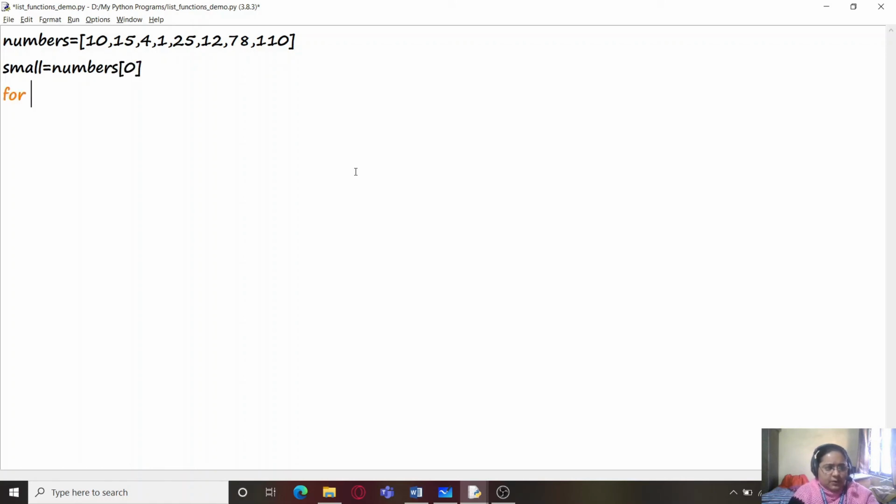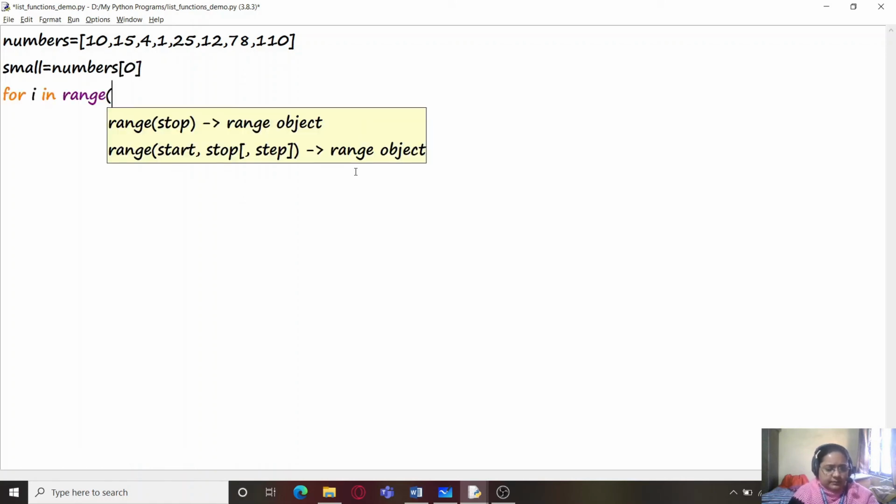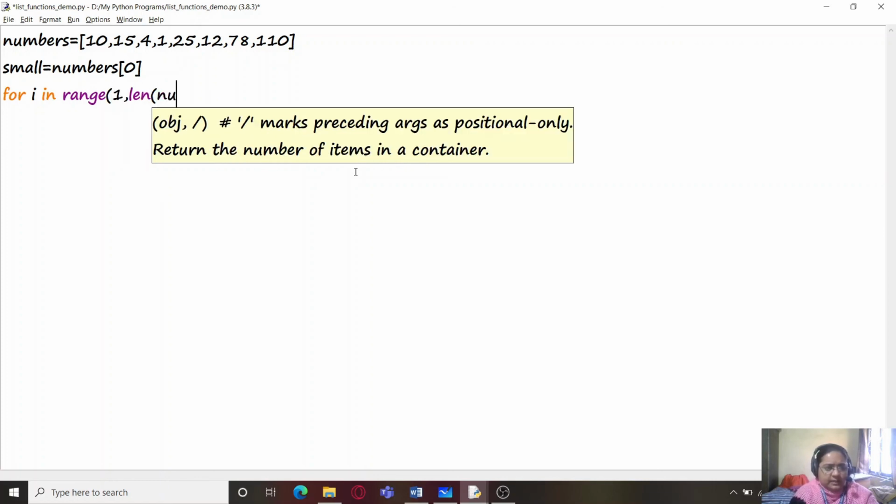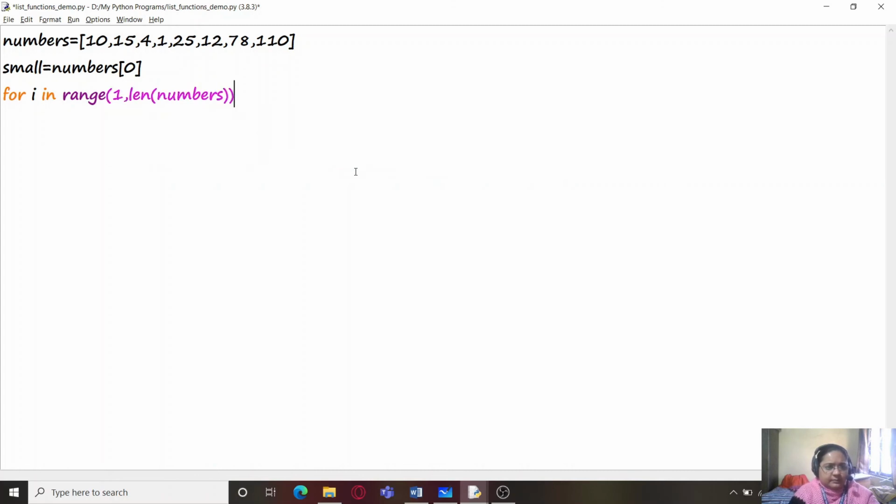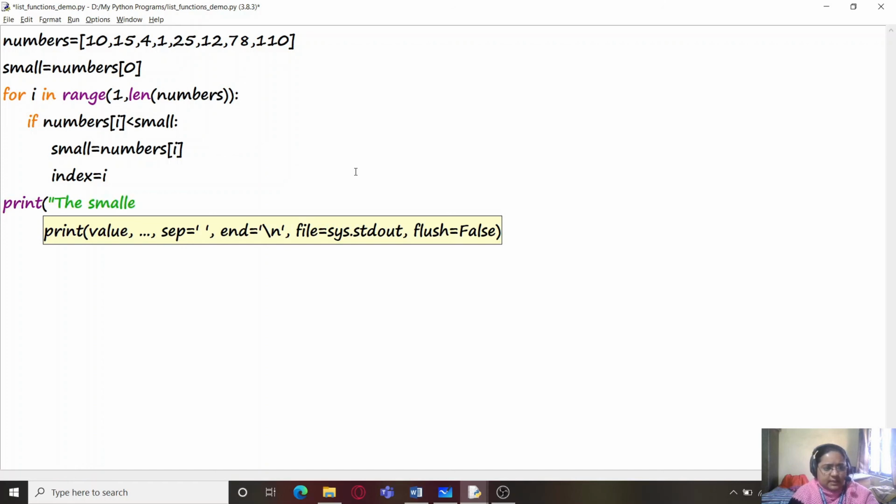And for I in range, I'm starting from 1 and the end will be len numbers. If numbers I is less than small, then small equals numbers I and index equals I.